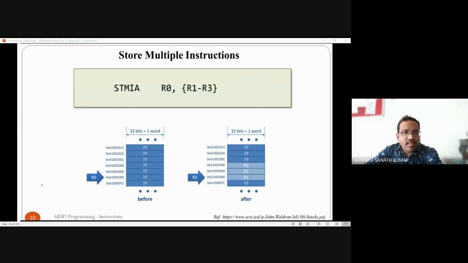Let us consider the PC initial value is 0x40800. Okay, and LR is R14, the link register. Whatever the return address is, that will be stored. Here in the ARM you don't have the stack, so where should the return address be stored? It should be stored